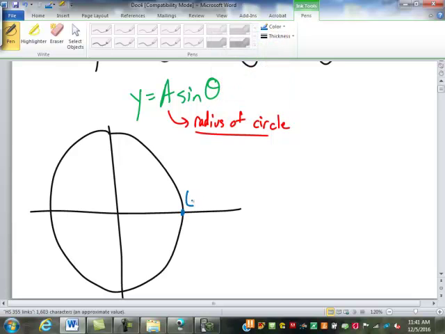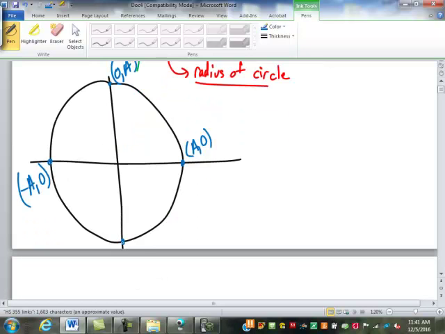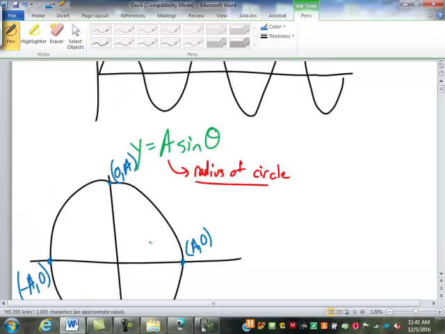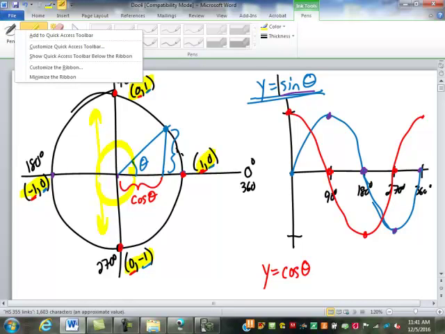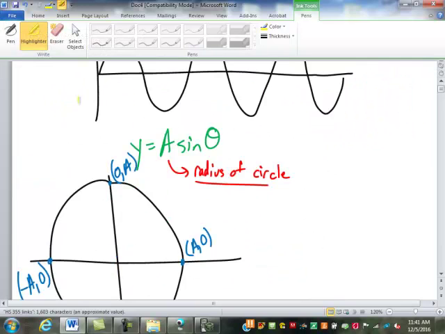So at 0 degrees, this is going to be a comma 0. At 90 degrees, this is going to be 0 comma a. At 180 degrees, this will be negative a comma 0. And down here, 0 comma negative a. So you'll notice it looks exactly the same as this up here, only wherever there's a 1, we replaced it with a, whatever that number a is. So what that does to my graph